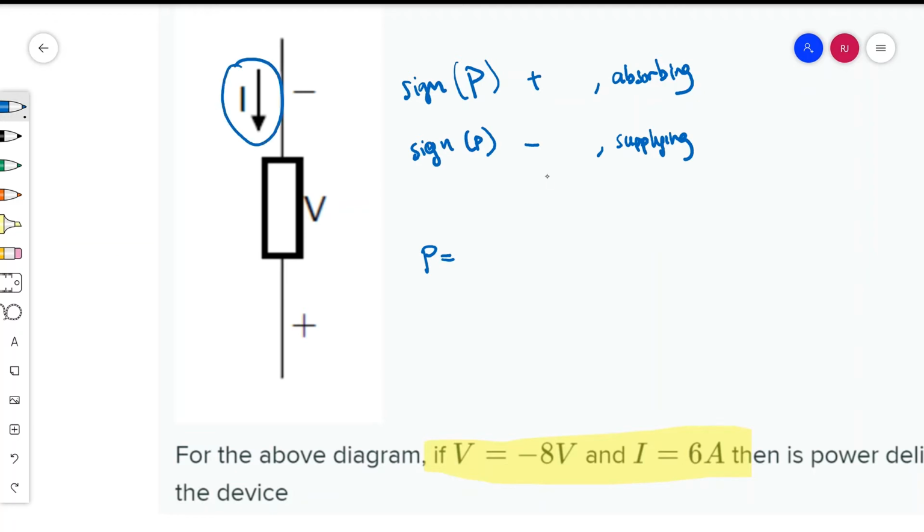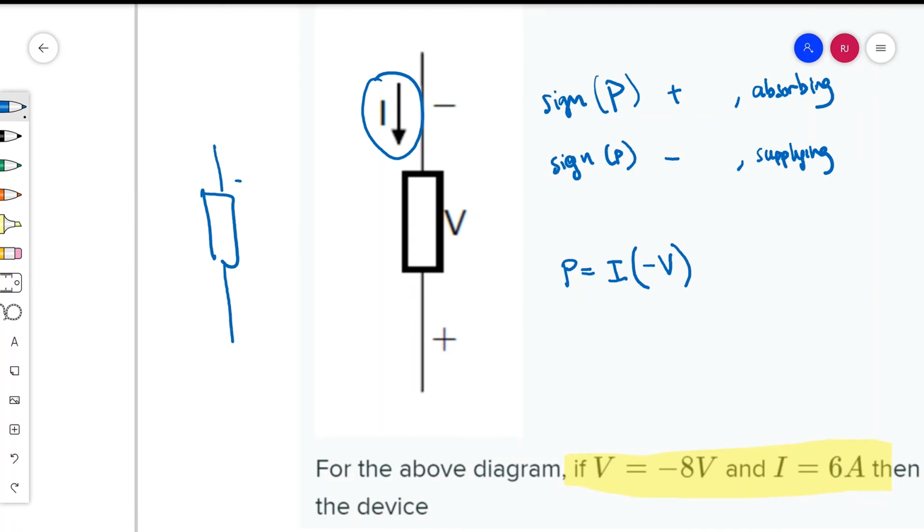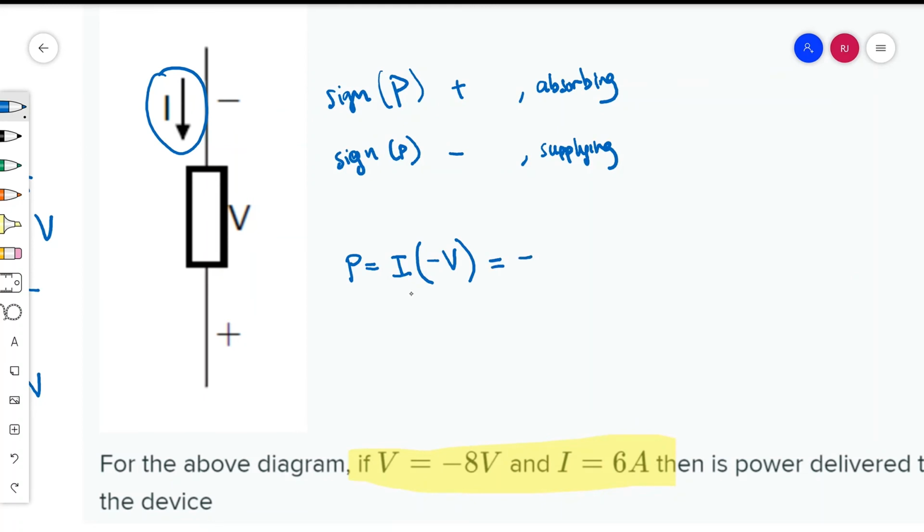So here's the current. Current will always be positive as you model the power in the way that we're about to do it. And then since it goes through the negative terminal first, we're going to put a negative sign in front of the voltage. So if this had been the reverse case, where the polarity of this device is flipped and the current is still going down like this, the formula for power would be I times positive V, because the current is going through the positive side. But coming back to our problem, the current's going through the negative end, therefore our formula would be negative IV,